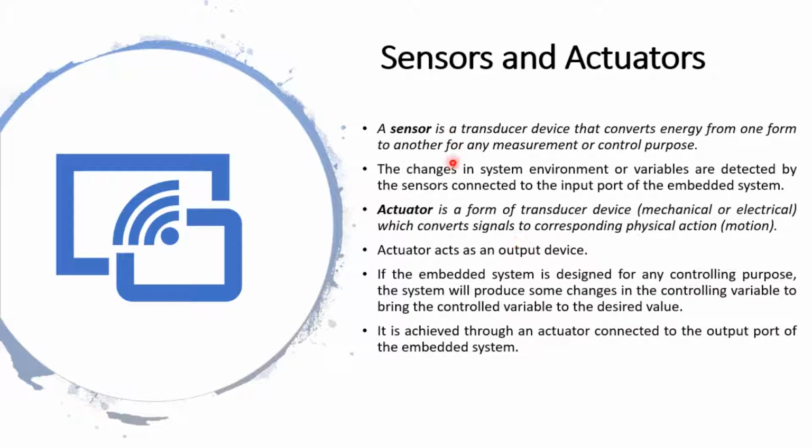So the ambient light sensor acts as the sensor for my embedded processor in that smartphone. It reads the surrounding light intensity, converts it into required form, sends it to controller, controller will process it, and sends to actuator. What is actuator here? Actuator is an electronic circuit which controls the brightness of the screen of your smartphone.